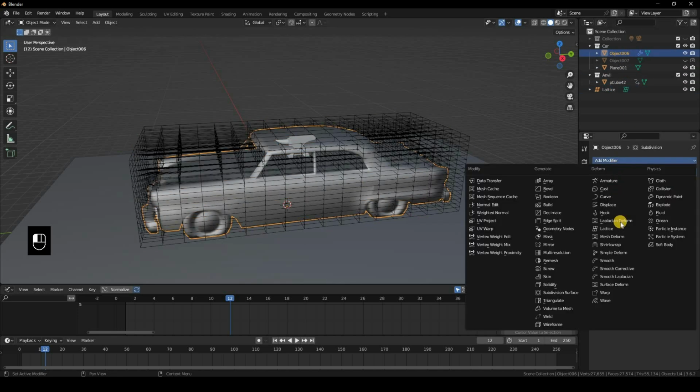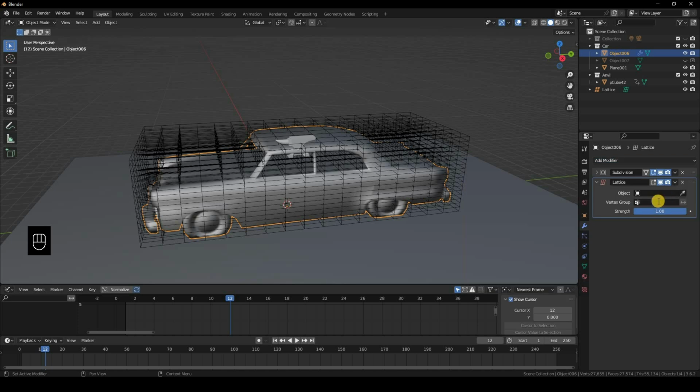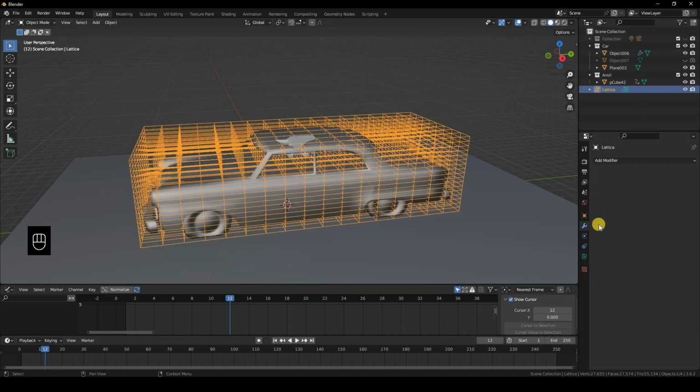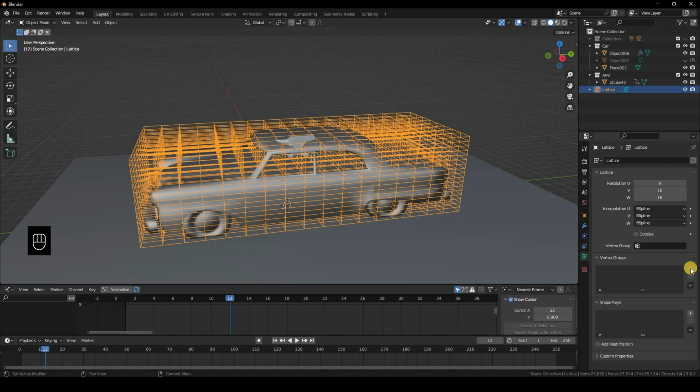and then add another modifier. It will be the lattice modifier, and obviously we only have one lattice, so just select it and then click on the lattice again itself, and we will be creating shape keys for the lattice. So again, shape keys, click + once to create the basic shape key, and then click another one to create the